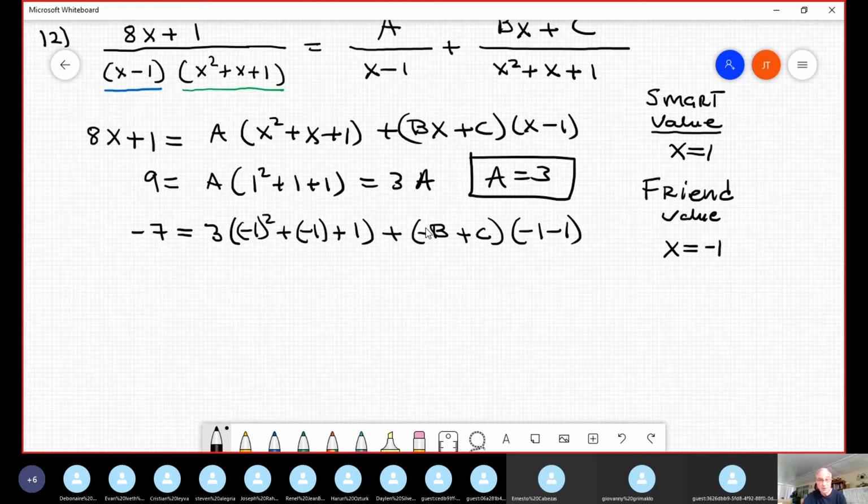This (-1) squared is +1. Here is -1, this cancels. Stays only 1. Entonces -7 is equal to 3